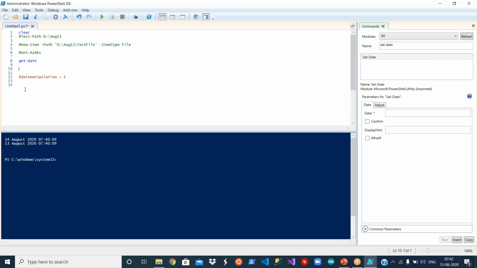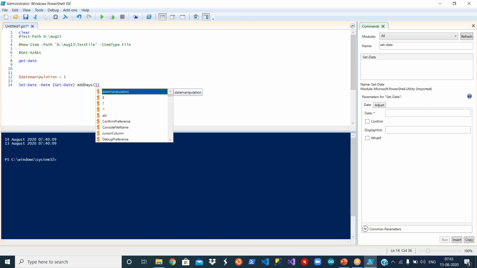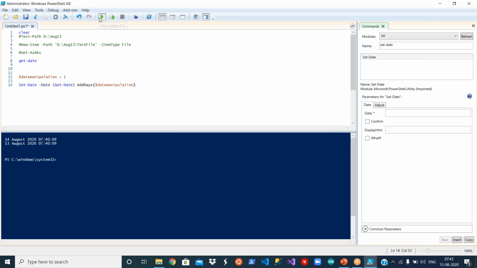Let me cut it and put it here, and you can use that variable instead of this -1. You say dollar. You have the IntelliSense, so it will give you the variables here. You say dollar manipulation. Let's go and execute this.